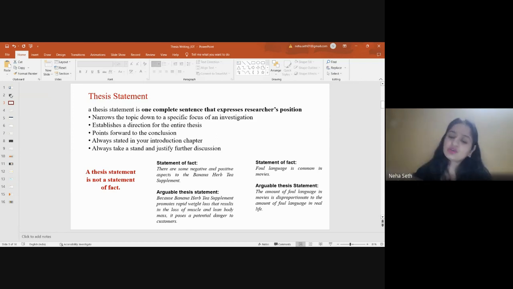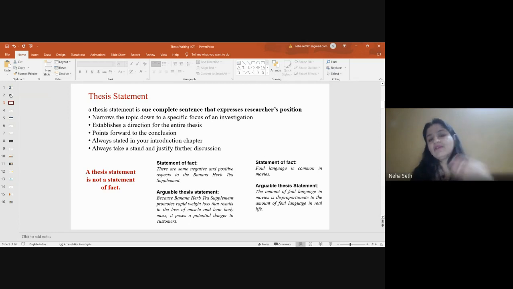Similarly, there is one more statement on the right hand side, which says that foreign language is very common in movies. We all know this thing happens. Some disturbing language, or language which might not be readily acceptable, is very common nowadays in movies. But again, this is a very clear cut statement. We cannot draw any conclusion, we cannot think of in what direction we have to move when we have to research in that area.